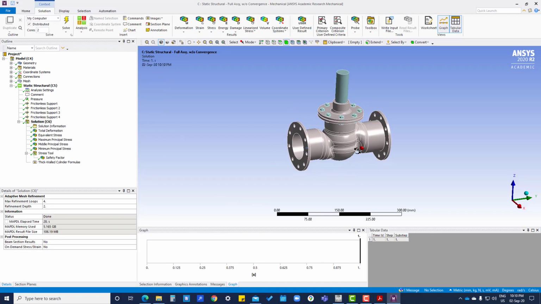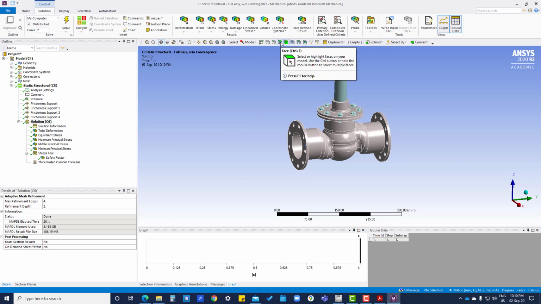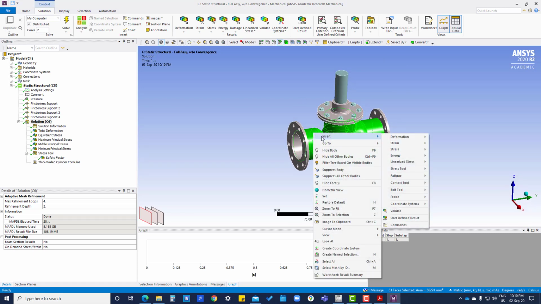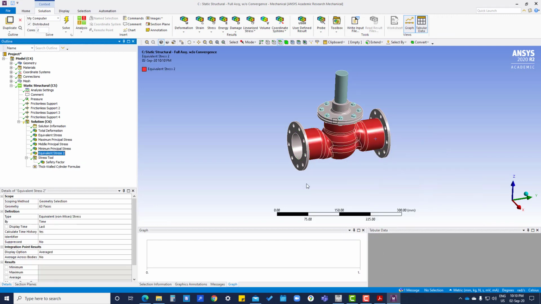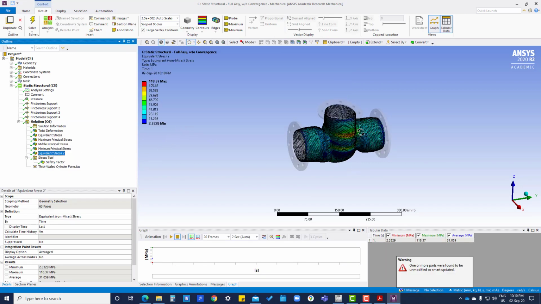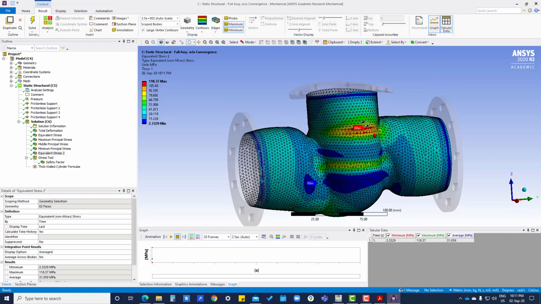Here we are introducing one more equivalent stress on the outer surface of this wall body. So here what we will do, first we will select face, and this face and this face, extend while limits. Yeah, right click, insert stress, equivalent stress, and evaluate all results. So you can see maximum, minimum. Maximum is somewhere here, that is 118,